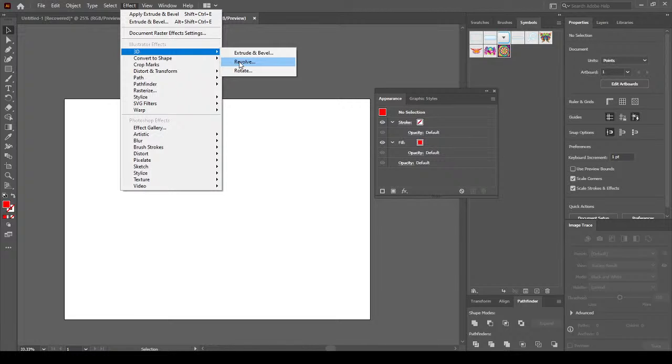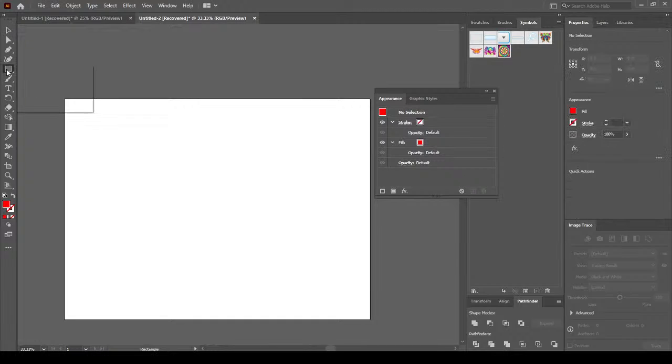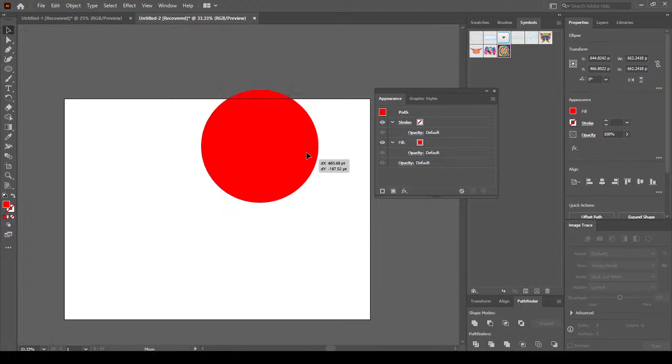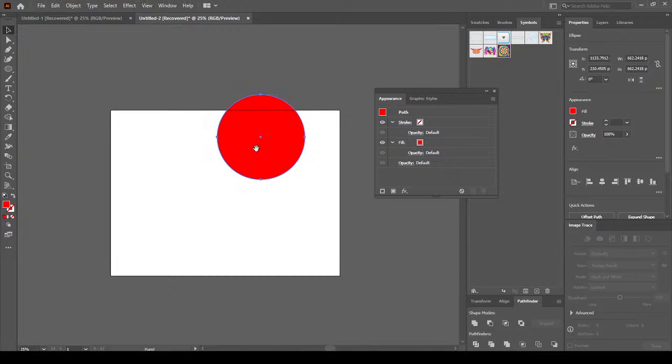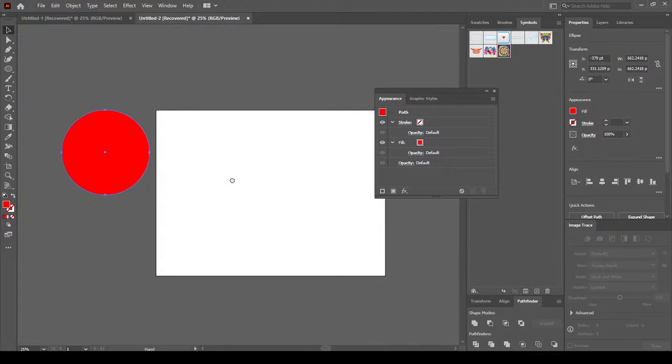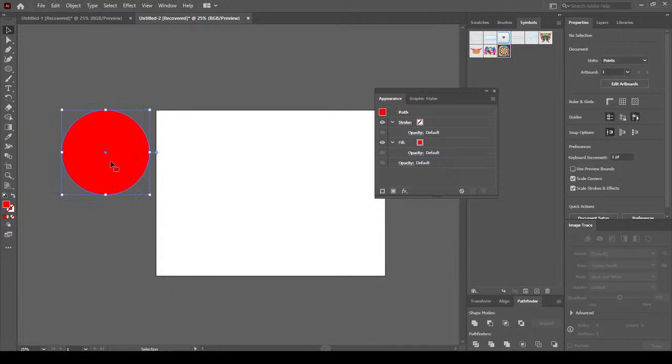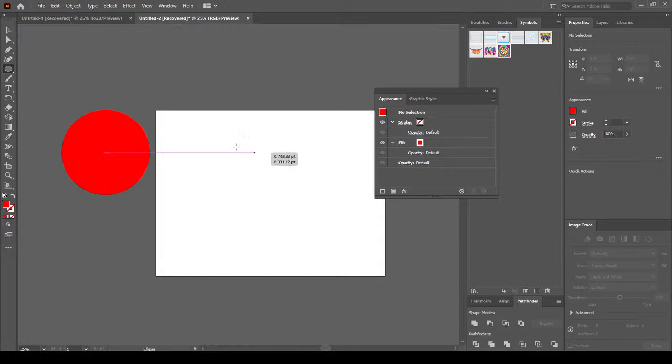Now we have here revolve. Now revolve is a little tricky. Okay, it's more technical because what it does is that you have to draw something half, and that half will be converted into a 3D form by revolving it 360 degrees. Okay, for example, if I take my ellipse here. Now this is an ellipse, it looks completely like a circle. And what is the half of an ellipse? If I draw something here,